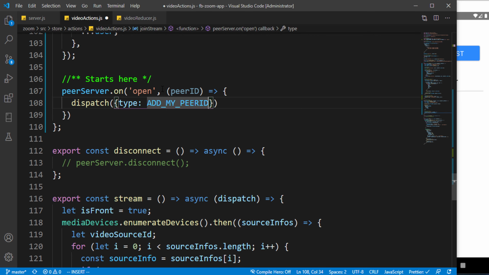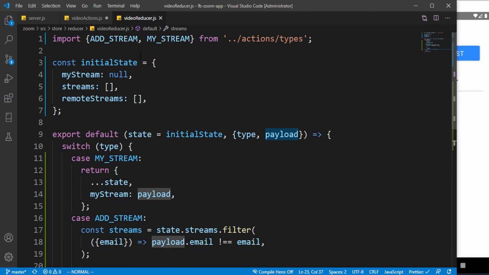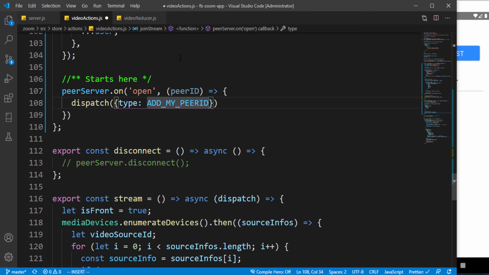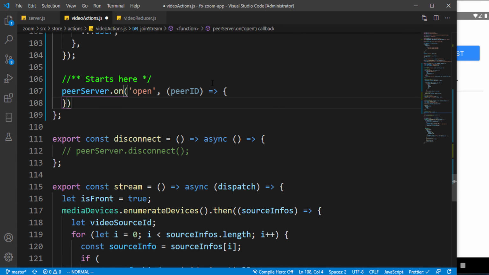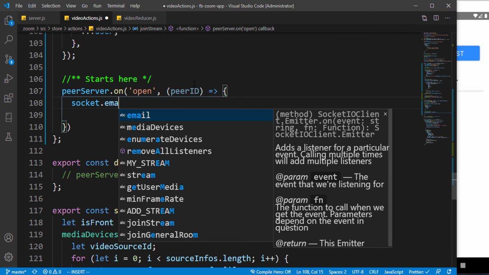So this add my peer ID is very good, but I don't think we actually need it, because we are not going to be disconnecting from this peer server. So for some reason, I don't want us to do that for now. Let's just focus on the basic part of this, so that will give you an idea of how you can do the next thing. So we just have to emit